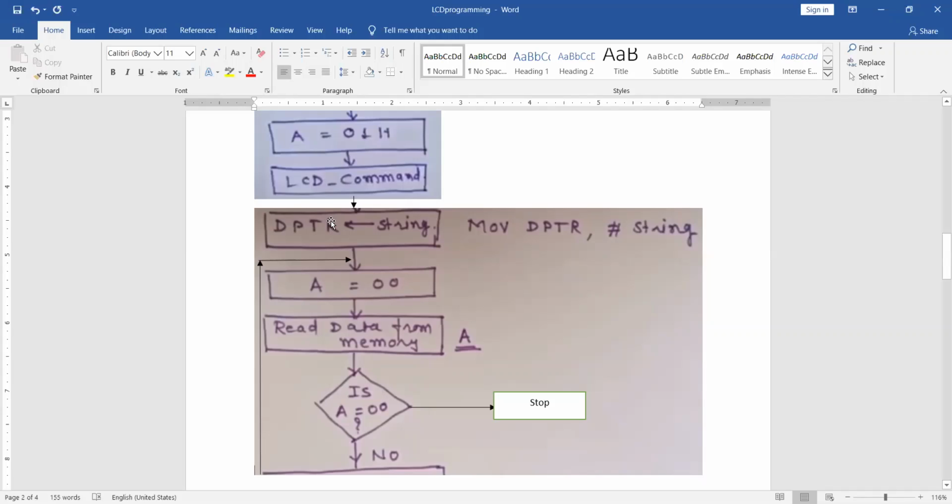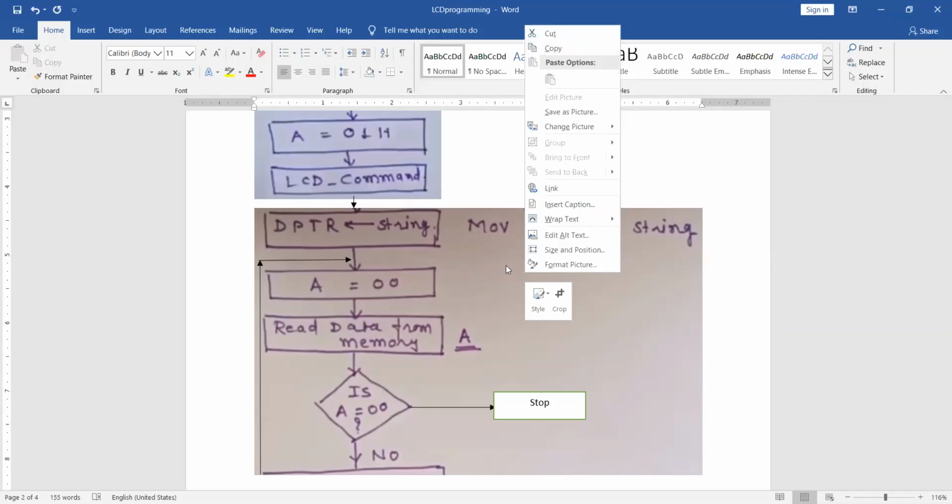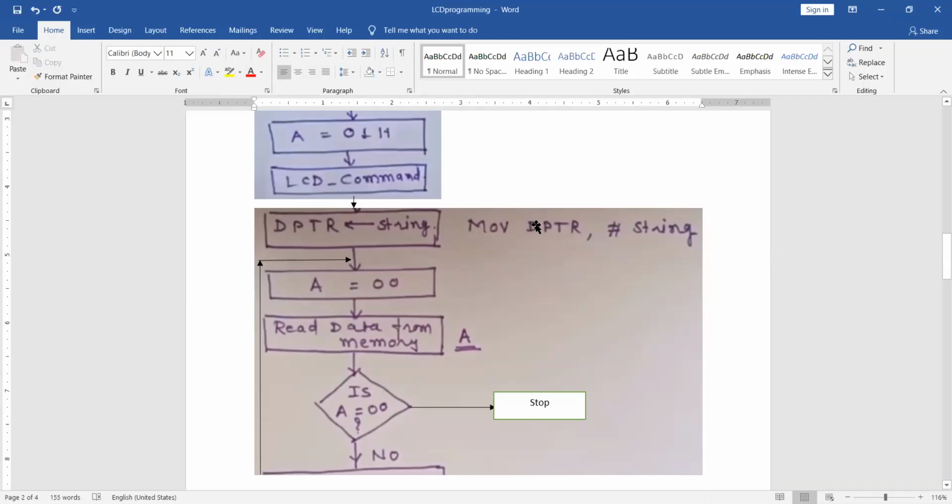How it will read, I explained to you that whatever value you have written, it is in the stack and it is pointed by your pointer, DPTR. It will read data from that memory until and unless it is pointed to 0.